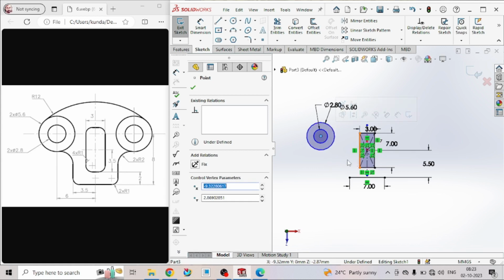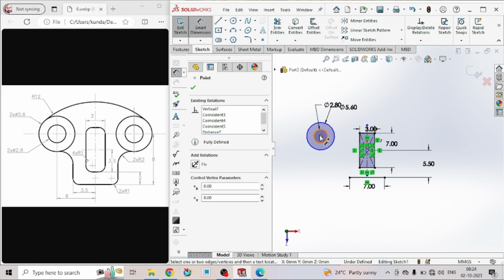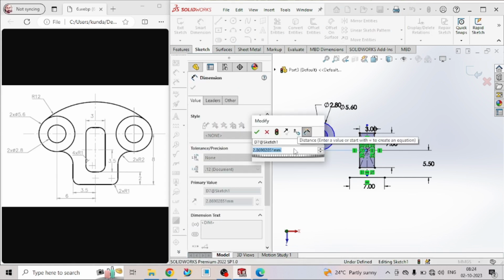Now from this line, or from the center, the distance of this circle is 8 minus 3.5 minus 2. So click on smart dimension, click on the center of the sketch, click over here again. Now 8 minus 3.5 minus 2. Okay,